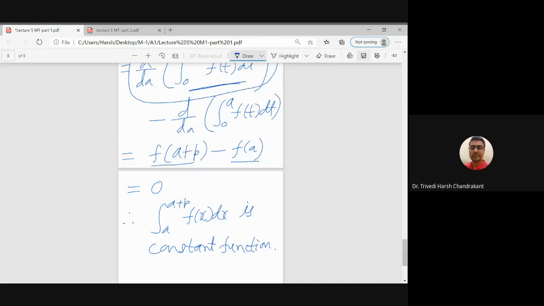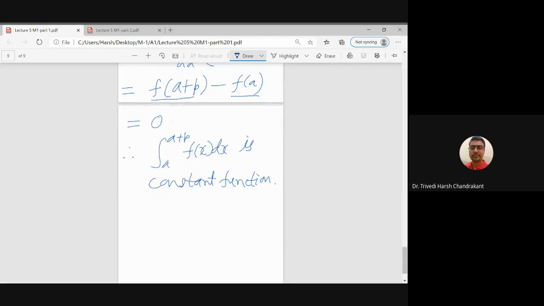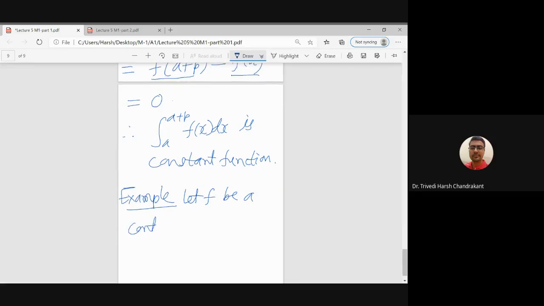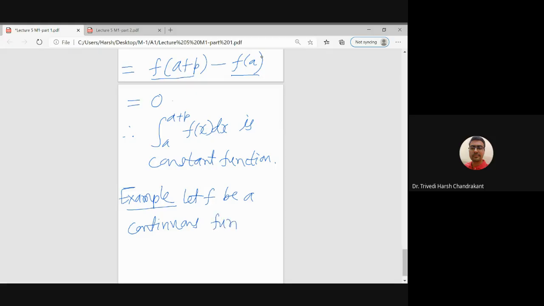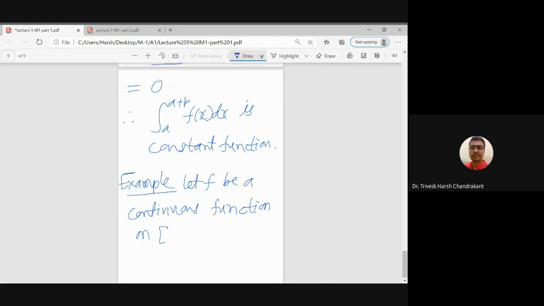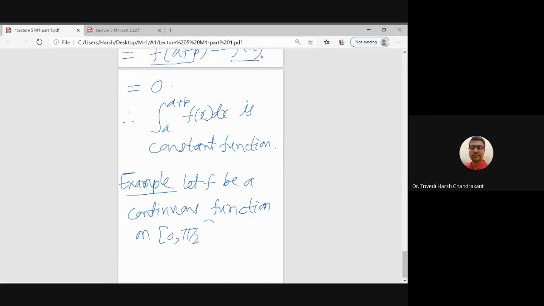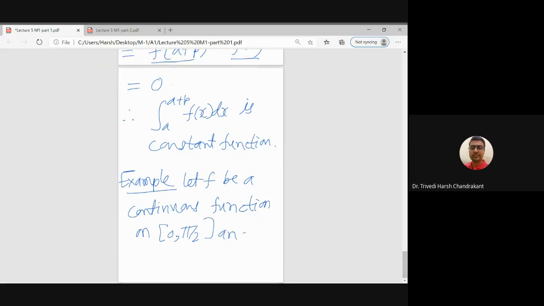So this is a first example. Let us see related another example. So if we have a continuous function on the closed interval 0 to pi by 2, and this function has the area